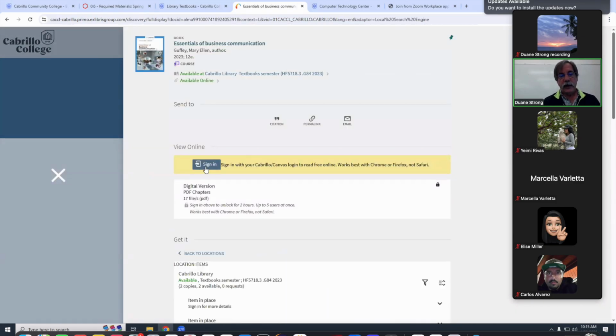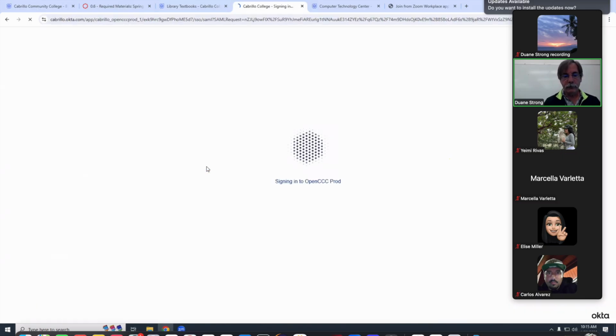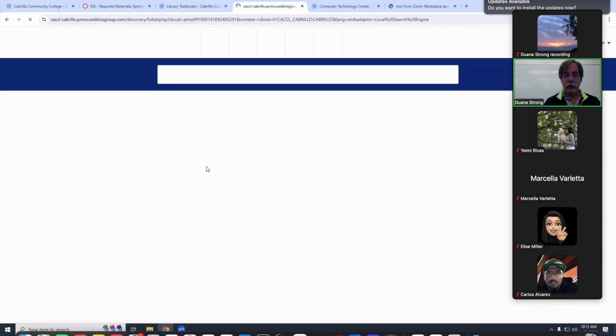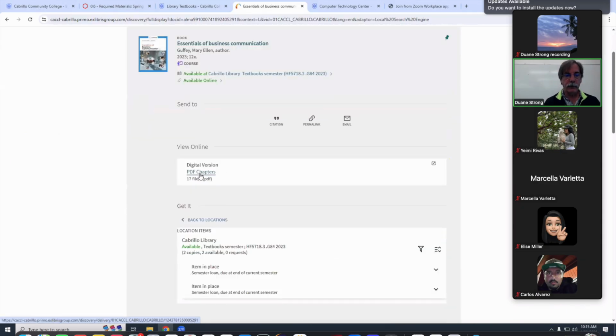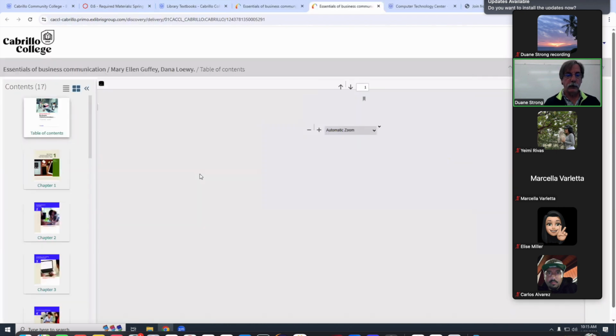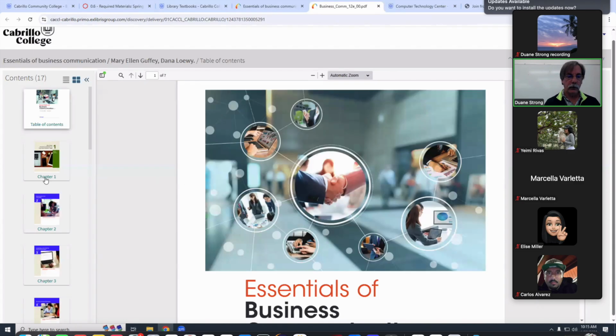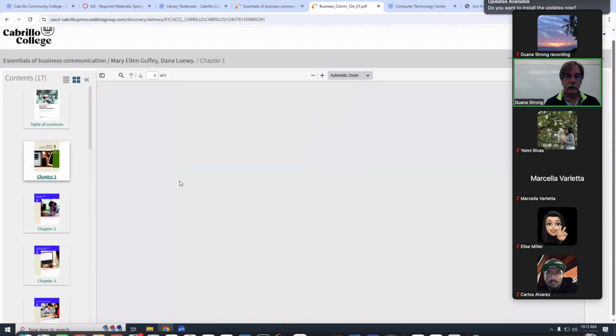And then you need to do the sign in, but if you already signed in, we have the single sign in things, but you still have to click this button. It'll go through, and then come back. And then it's PDF chapters. You click the PDF chapters. And there you go.